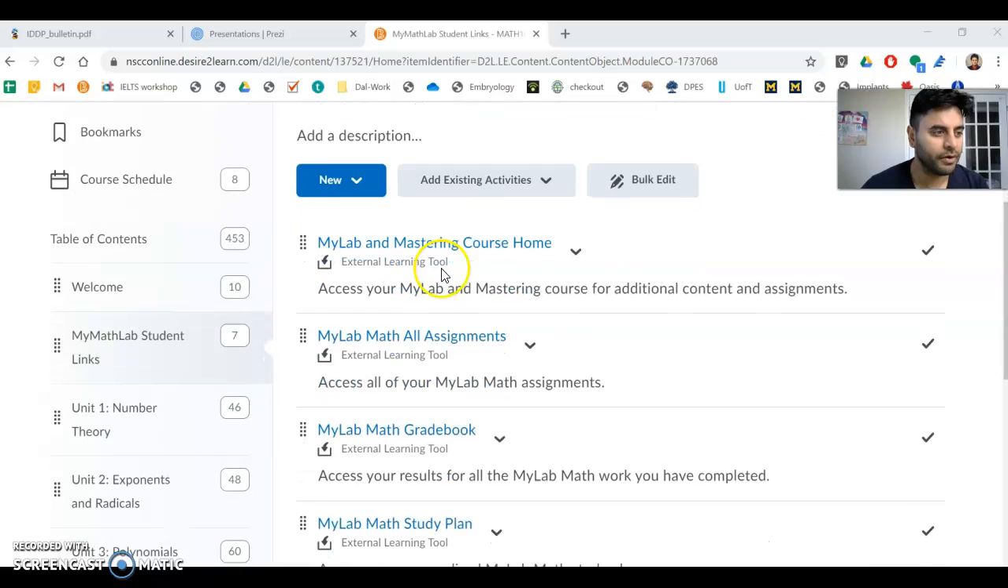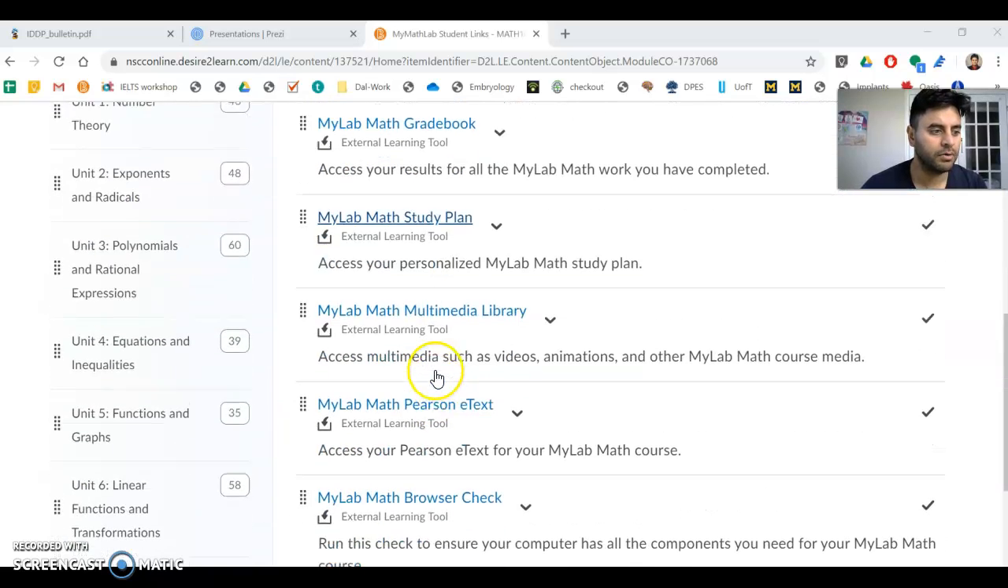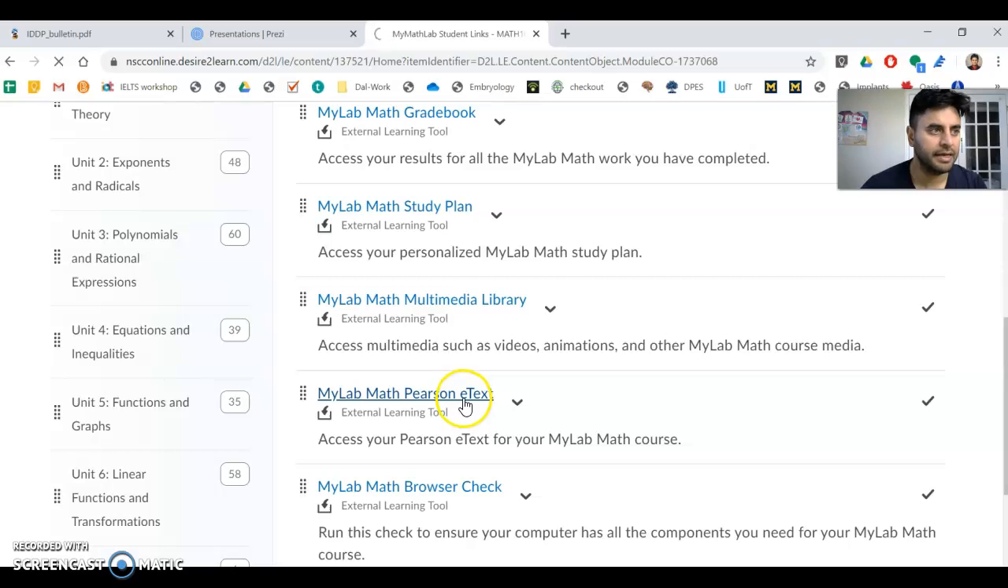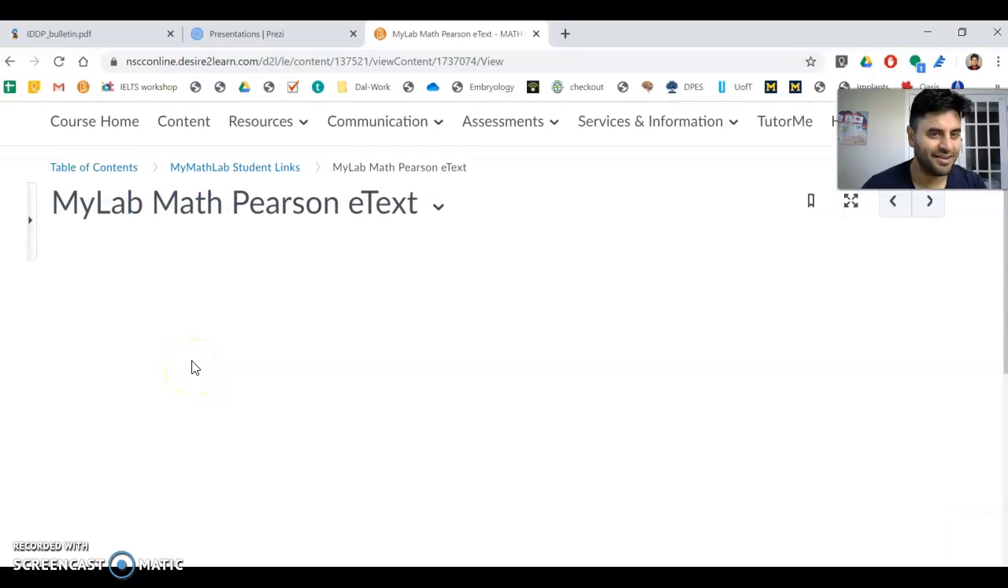I'm not sure if this is how you are going in there. So I'm in contents, then I go to my math student links. And if I follow it down, right here is Pearson eText. Once I'm able to open the eText, I usually prefer clicking this icon to make it